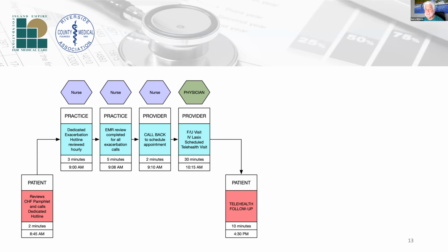The dedicated exacerbation hotline is reviewed hourly. So there are certain patients that are told to call a specific number. These are not numbers for refills, but a phone number that's set up specifically for exacerbation. That review only takes 3 minutes because they check it every hour. It's actually done between patients, so it doesn't take a lot of time from one of the PAs or nurse